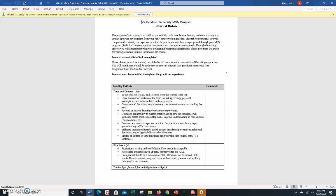So just remember, the journals may serve as one of those things that you want to use as a means to achieve or to integrate into your goals and objectives for your practicum as well. And the journal itself may be a method to achieve some of your objectives for your practicum. So again, be very deliberate about your choices with the journals. What do you seek to gain from the practicum? What will help you in your practice? So focus on those topics that you really want to refine as you're doing your